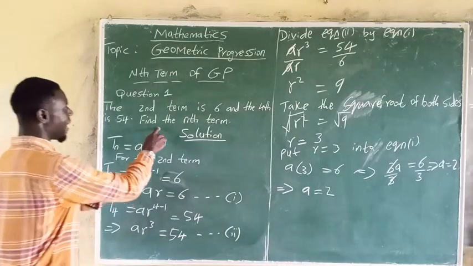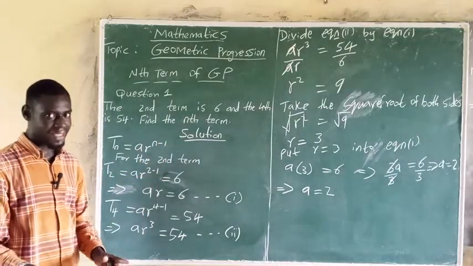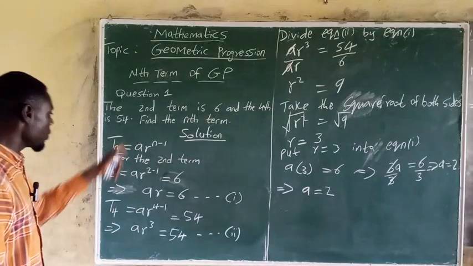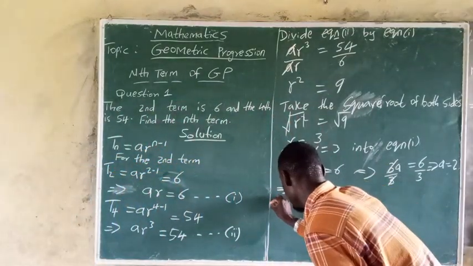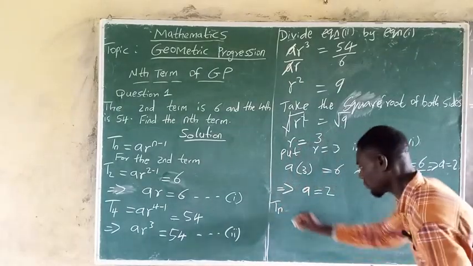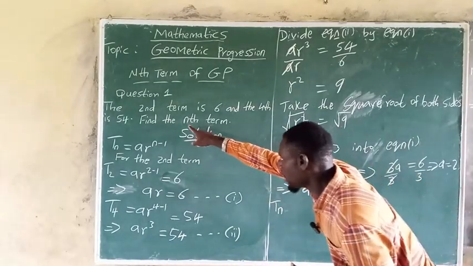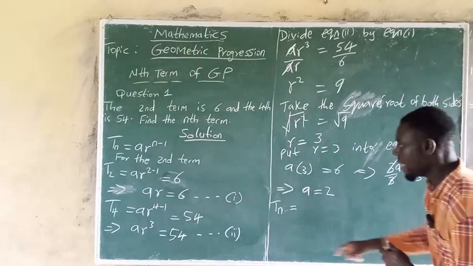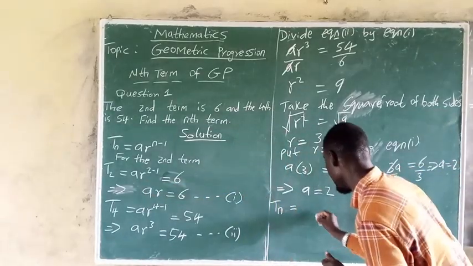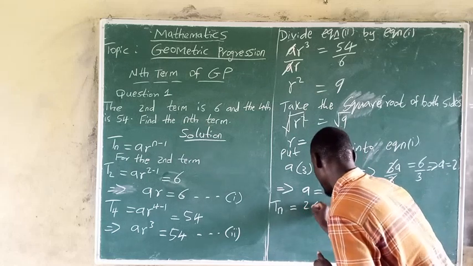Now, they said we should find the nth term, which is the last step. Finding the nth term using the same formula. That simply means the nth term, t sub n, because at this moment we are talking about the nth term, t sub n is equal to, what is our a? From the formula, our a is 2 times,